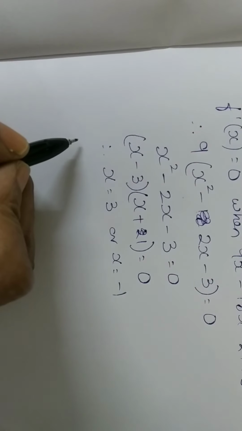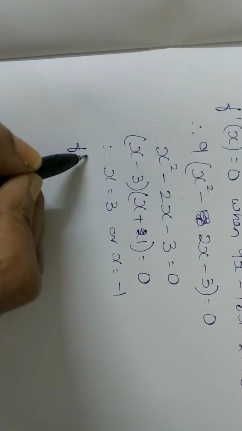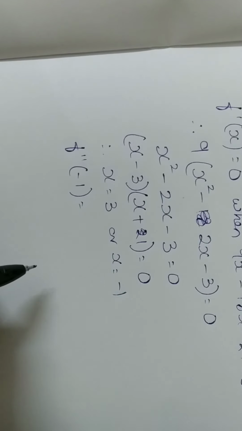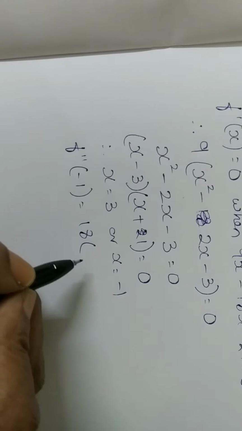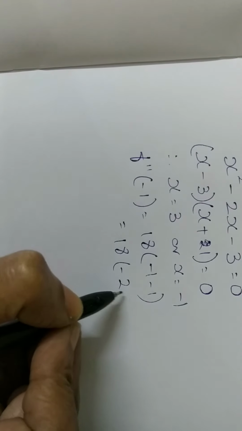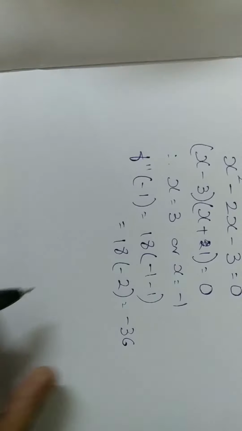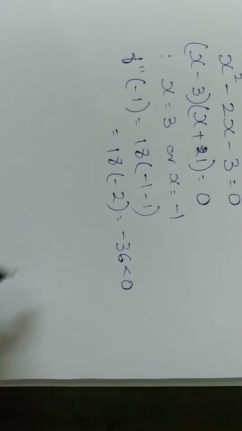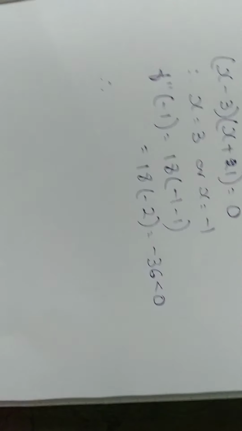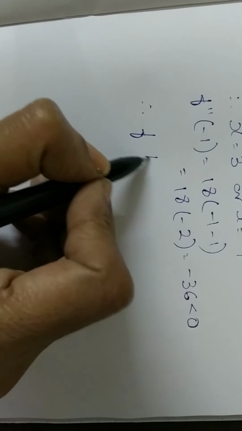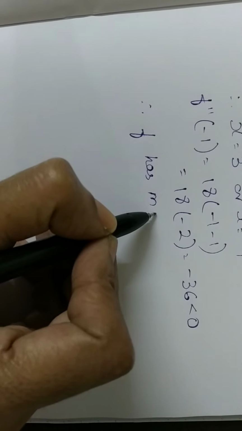So at x is equal to minus 1, we calculate f double dash of x. That is, we calculate f double dash of minus 1. So that becomes 18 into minus 2, which is minus 36. Now minus 36 is negative, so we write it as less than 0. And we know that if f double dash has a negative value, then the function has a maximum. So we write f has maximum,